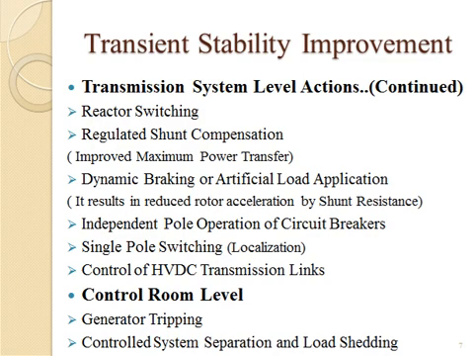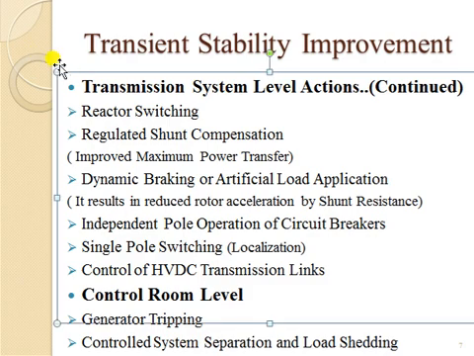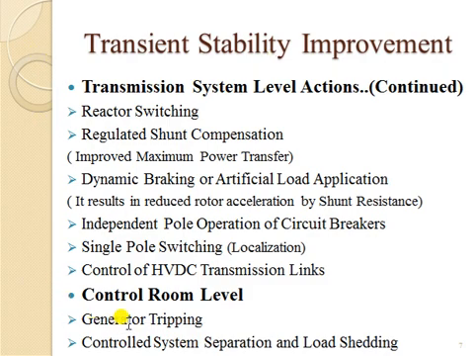Out of all these, if all these actions fail, then there are some other actions at the system level or control room level, such as generator tripping. You can trip your generator just to avoid any more damage to the system, or you can isolate yourself from the remaining system, so there will be a controlled system operation, a kind of islanding. Or you can shed the load. Once the load shedding is done, your system's overall criticality becomes a bit less severe, and then you can have a transient stability improvement there.